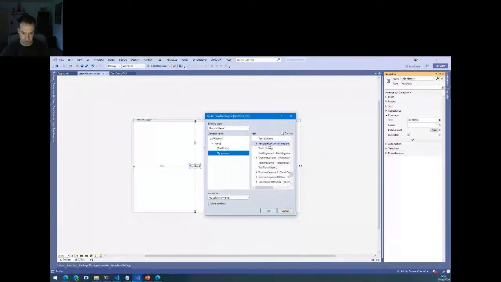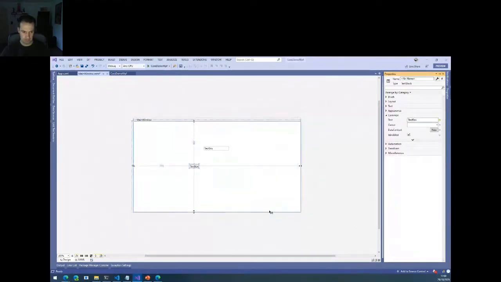Let's see. Text. Okay, so what I've done now, I've created a binding on the text property of the text block to bind to the text property of the text box.